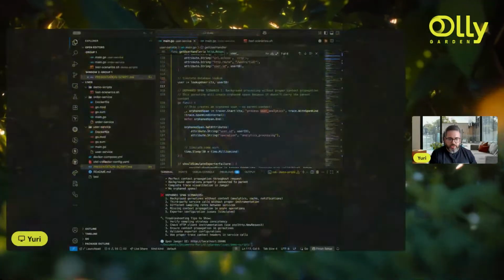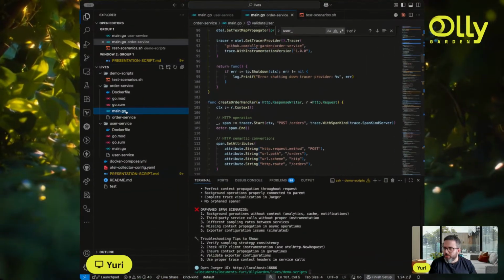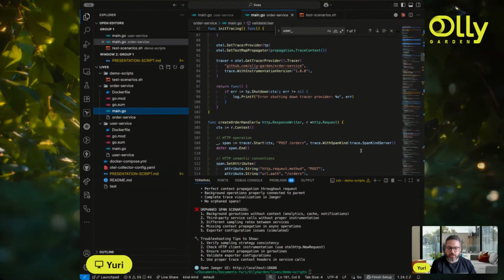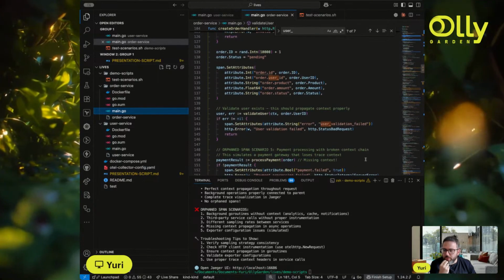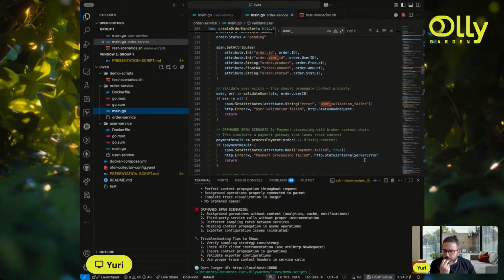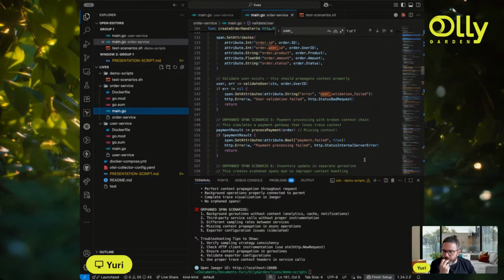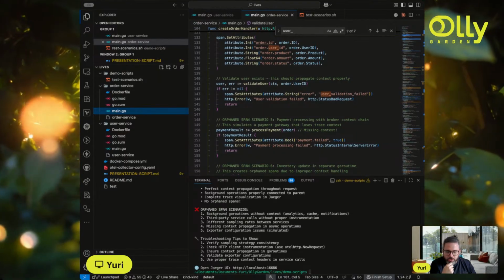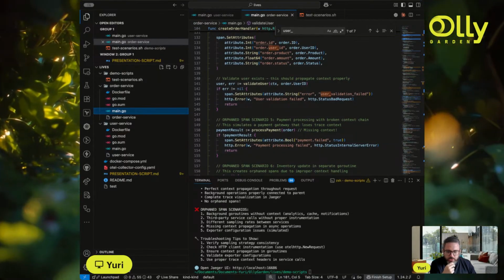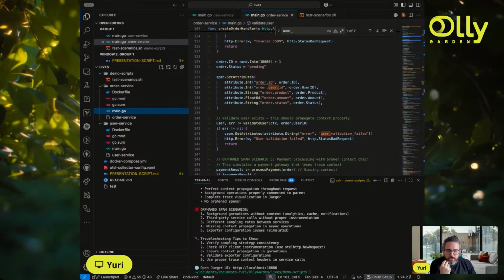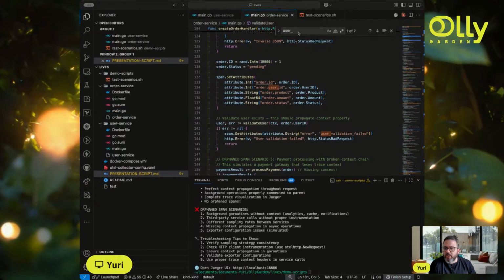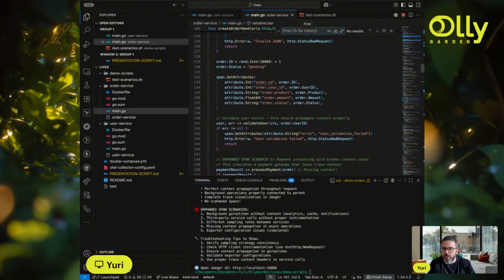Going back to the code. So here, let's jump to the order service, and we can see another validation that we have here. Not this one. What is this? Yeah, the process payment. Let's jump to this. Sorry,